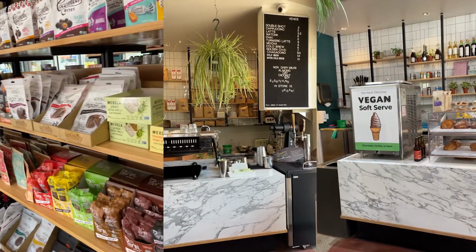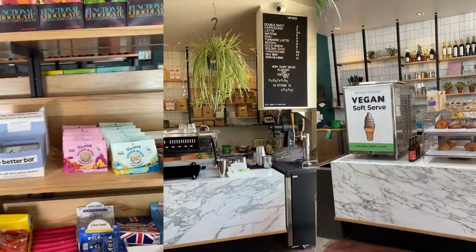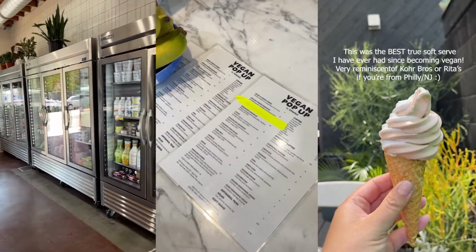Okay, so we're home from the grocery store and let's get into trying everything. I'm really excited. I did get one item that I have tried in the past, but everything else is brand new to me, so I'm really excited. Let's get into it. Starting off with the item that I've tried out in the past, this is no cheese